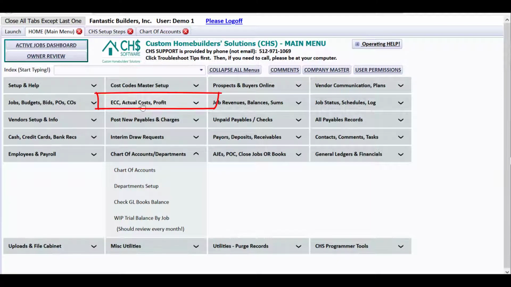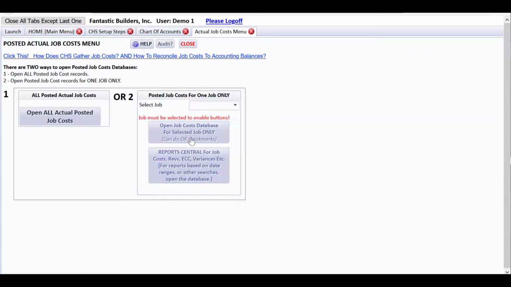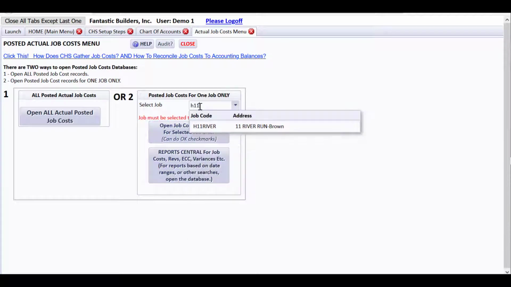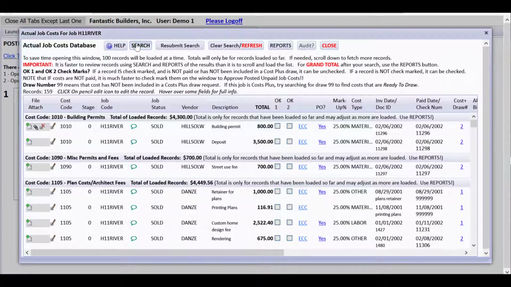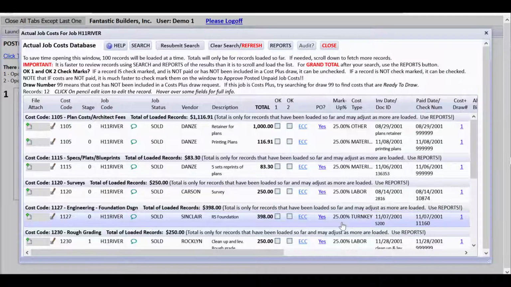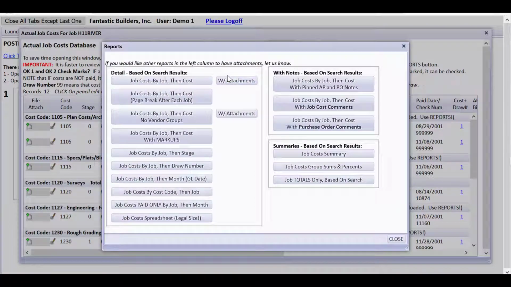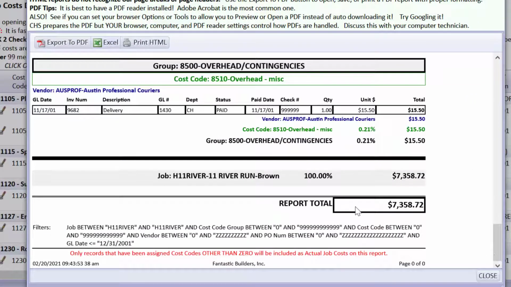Let's go look where it says ECC, actual costs, and actual job cost database. And let's just look at that job and open the job cost database. And we'll do a little search here so that we're only seeing things through 12/31/2001. Since I selected H11 before I came in here, the H11 River, that's all the records that I have. And if I do a report, which is just based on my search, and I look at the job cost total, it's only